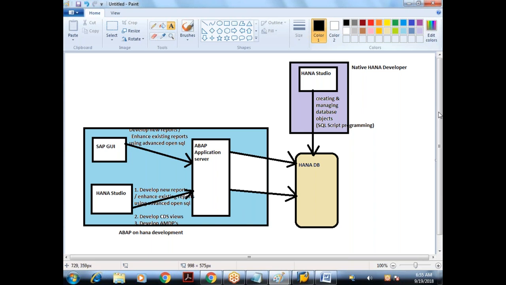Yeah. So again, assuming there is one system, SAP GUI,